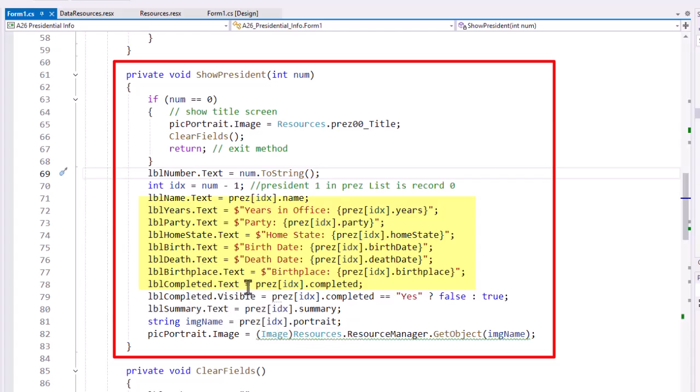When we get to the completed field, I'm going to go ahead and put the data in that completed. Most likely for most of the presidents, that's going to be yes. I don't need to display that though. So I have a ternary here of lblCompleted.Visible equals the pres index record.Completed equals yes. So if it equals yes, I'm going to keep that visible set to false. But if it's not yes, so they died in office, they were assassinated, they resigned, it's going to set the visible property to true and display that field, which is the four colors set to red. Display the summary,